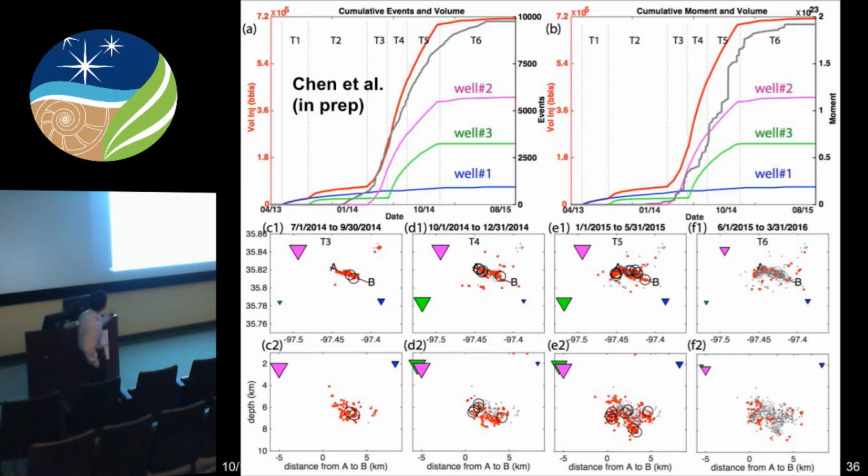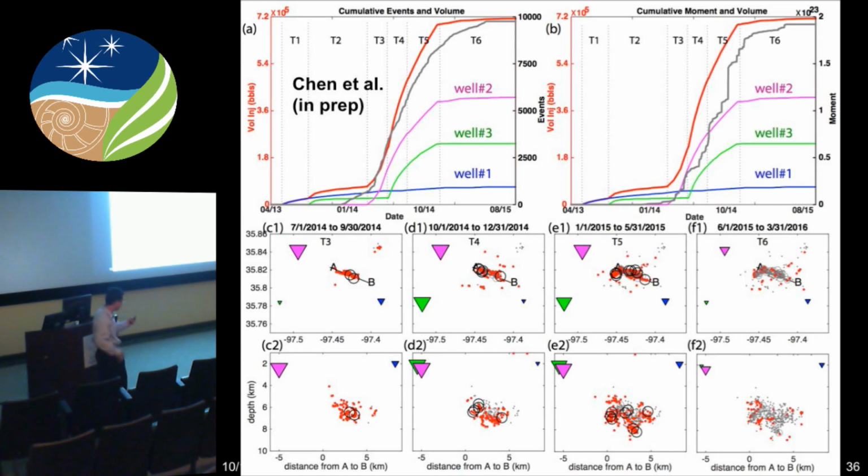Again, I won't go into details. This is one example where we're looking at one sequence, where you can see that seismicity starts here. At the beginning, there's not much. The circles are magnitude bigger than 3.5. You don't have many large events and it starts shallow, but gradually with the increase of volume of injection, you start to see a kind of diffusion of seismicity, and you also start to induce more events, larger events